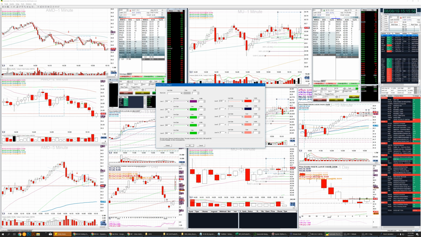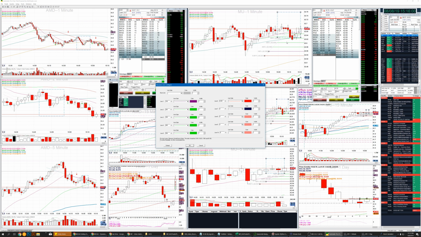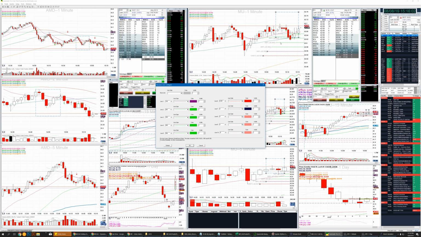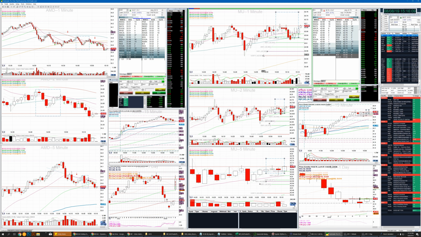And I'll show you how to use this in a second. 200% is R1 from my entry. 300% is R2 from my entry. I wish you could put labels on these. R3, R4. So the way I use it is I actually have a macro set up on my